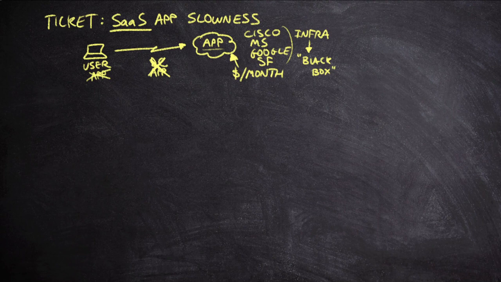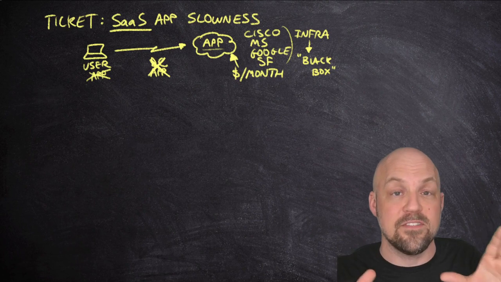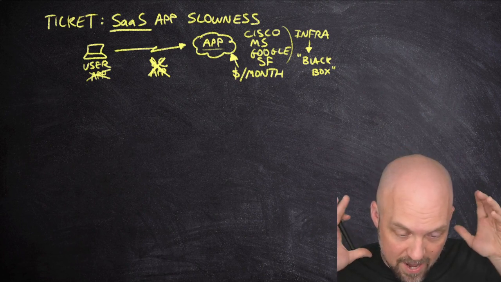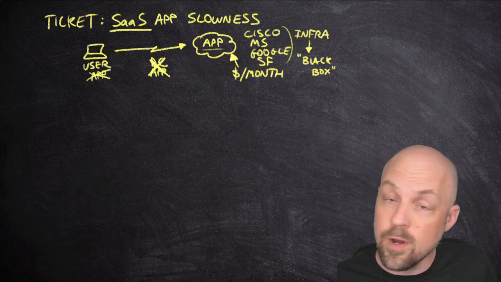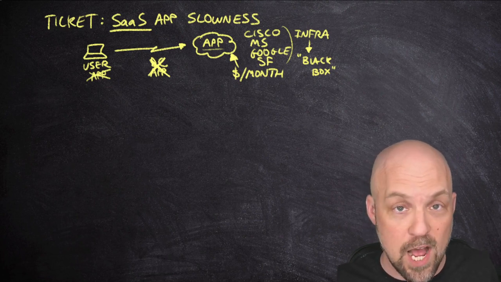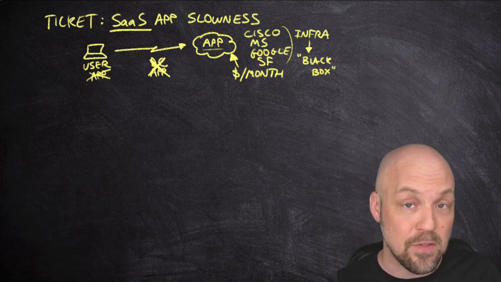The black box concept means that this infrastructure just sort of exists. We could have this mental picture of a black box and say, okay, I don't know what's inside this thing. It's solid. I can't see through it. I can't see into it. I have no idea what's in there. All I know is that it's performing its job. It's doing its job. I don't need to know the details, and frankly, I don't care about the details.